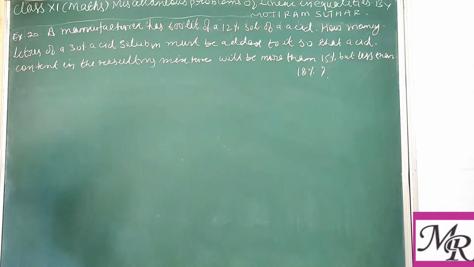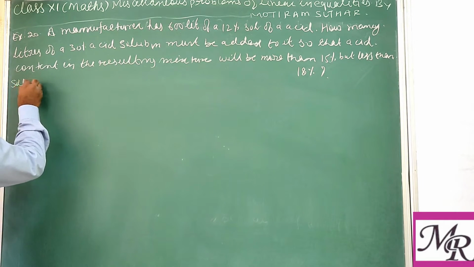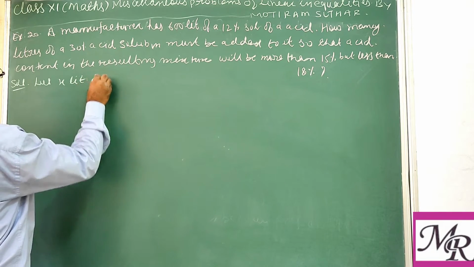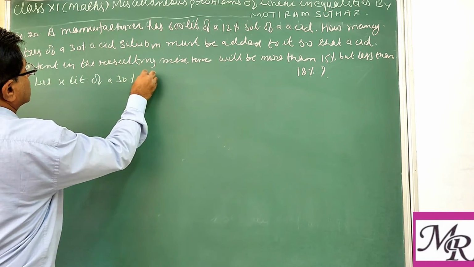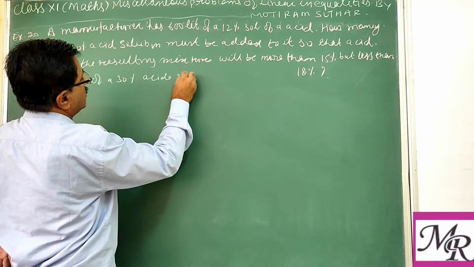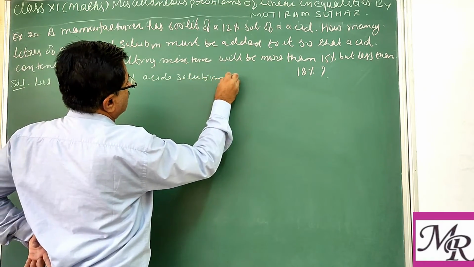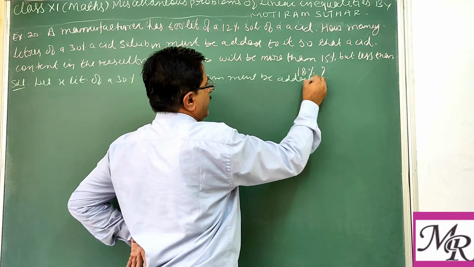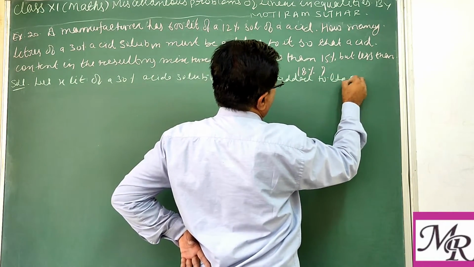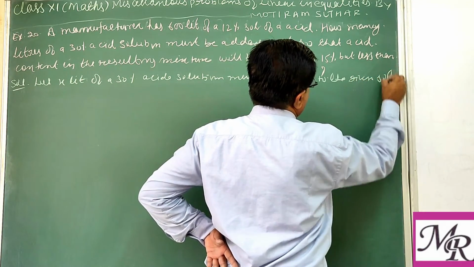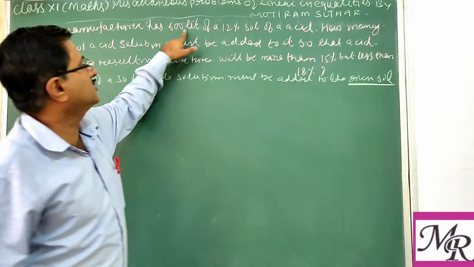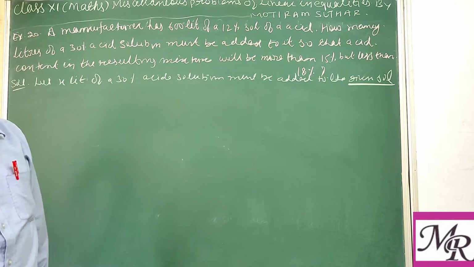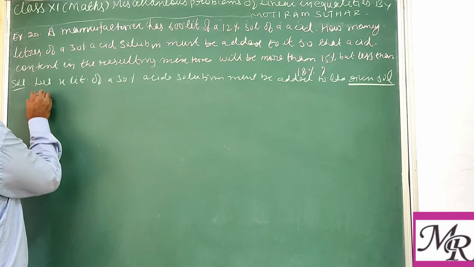So let x liter of a 30% acid solution must be added to the given solution. Given solution, or you may write 600 liter of 12% solution of acid. Clear? Then total